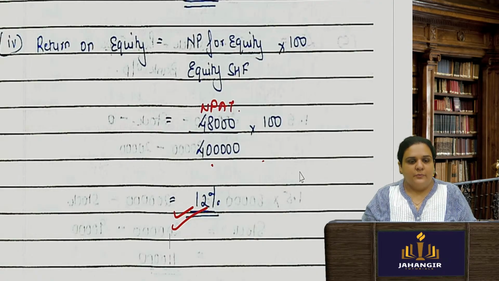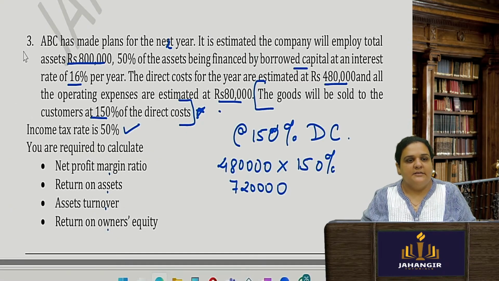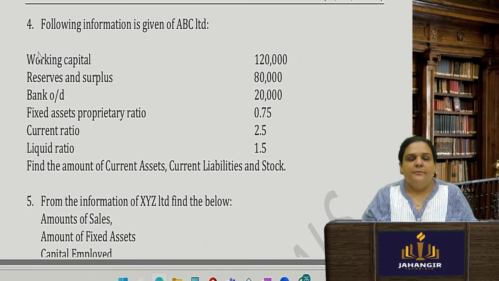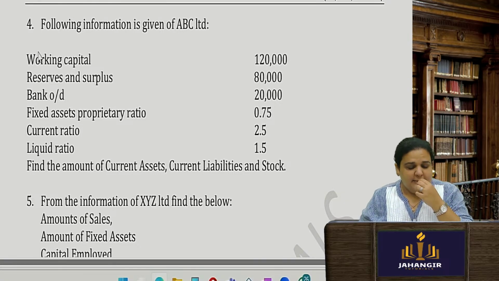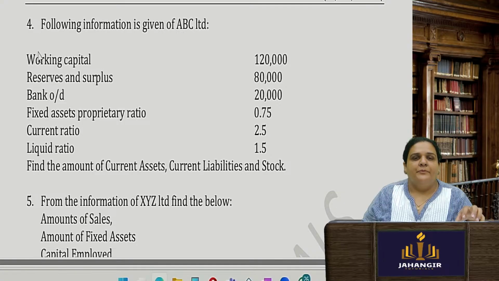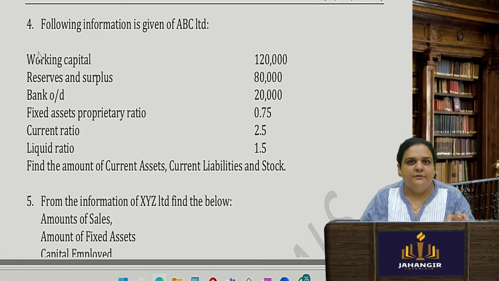Okay, so we are done with this question also. Easy ones. If we practice these, we will be able to solve the past exam questions quickly. In case of ratio analysis, always keep in mind, they will give you a big question. They will write the entire history and geography of some company which is not doing well, and now they want to revamp the company. This is something standard which they ask.